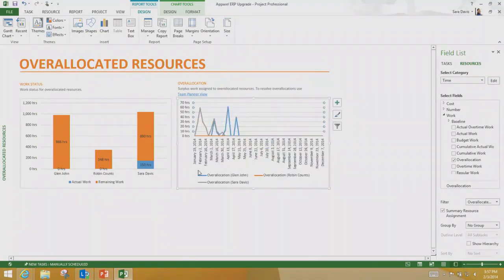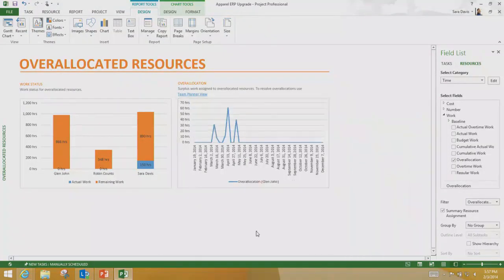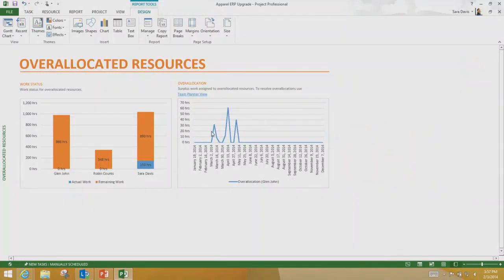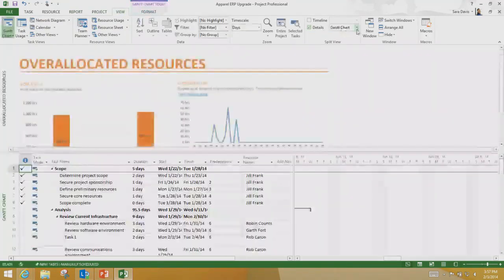But if I change it to weeks, I can see, let's see, Glenn's more these days. I'm still seeing some other resources. I'm going to filter those other resources out, so then I can just really focus on solving the Glenn issue. So I have this chart to help me. And as you saw, if I show this with,